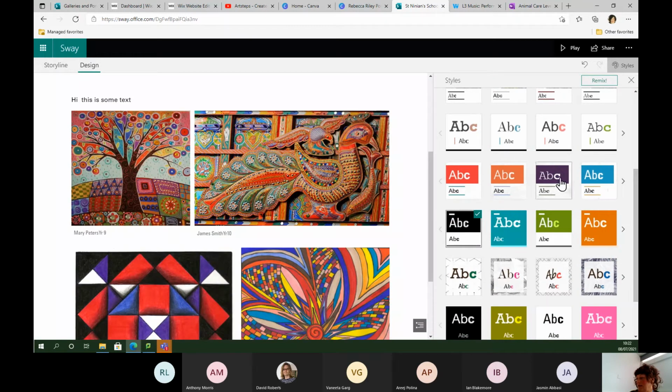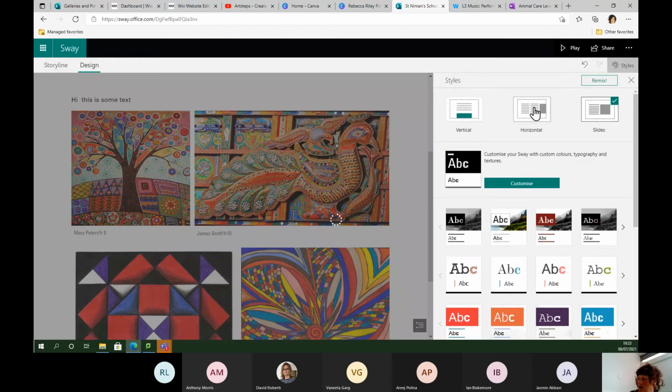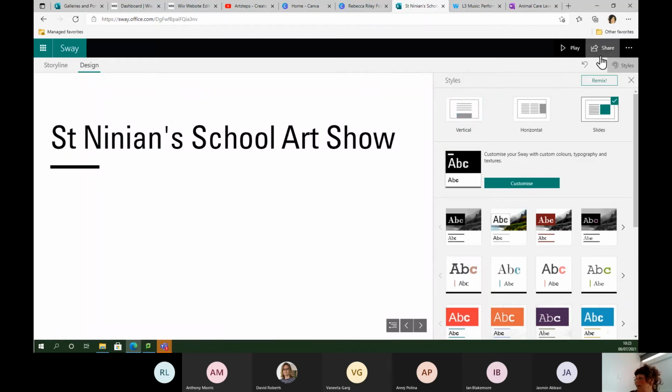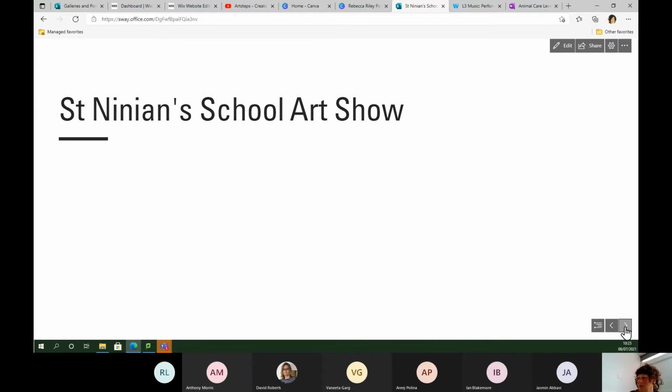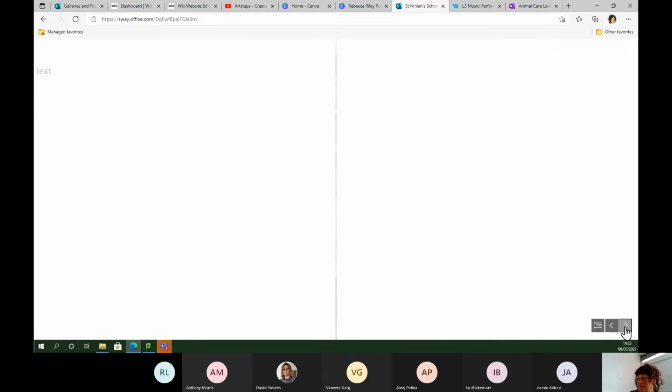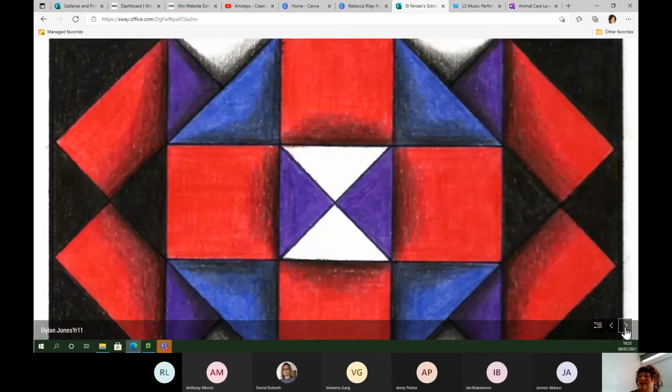I nearly always use this one, and you can also decide if it is vertical or in slides or a horizontal scroll bar. So when I play it now, I've made a couple of changes, and you'll see it's totally changed the way it looks just at the click of a button. So obviously if these items in it were more to do with your subject matter,